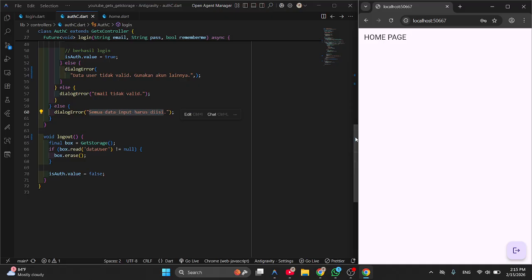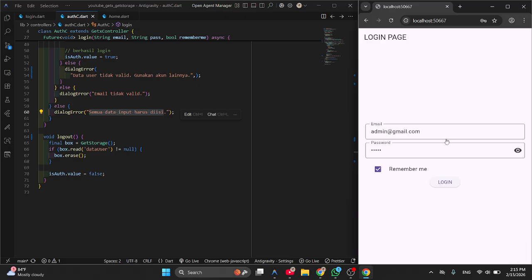Okay, still on the page. So if I click logout, okay, this user data is still here and I can log out, because I use GetStorage.